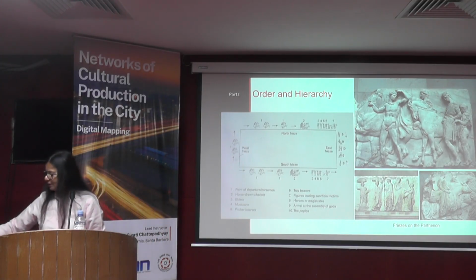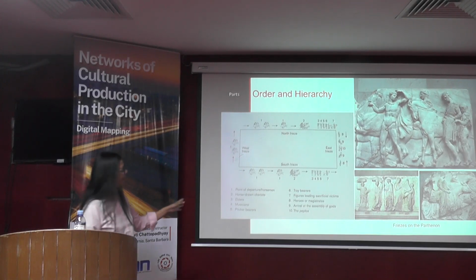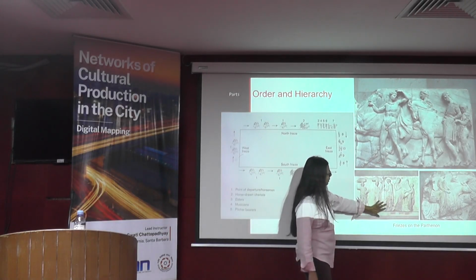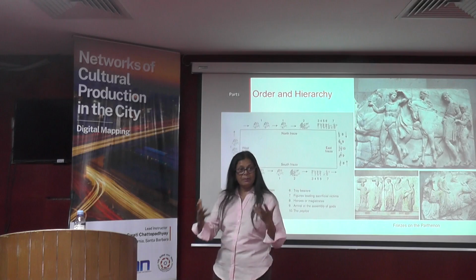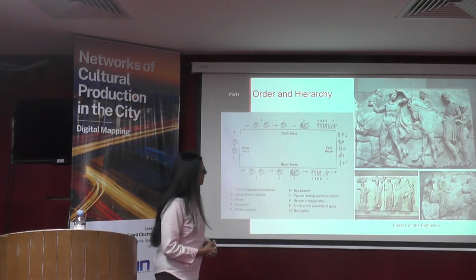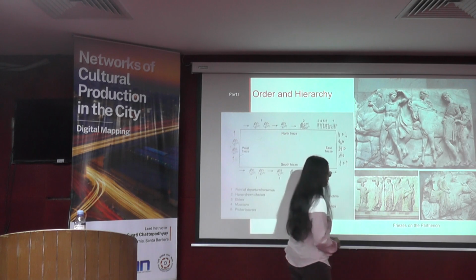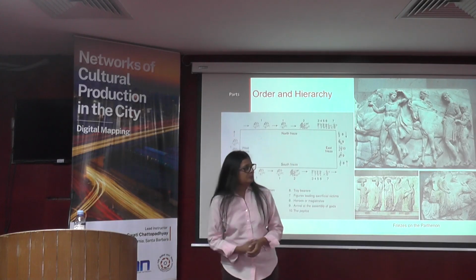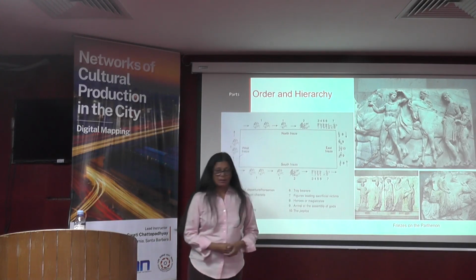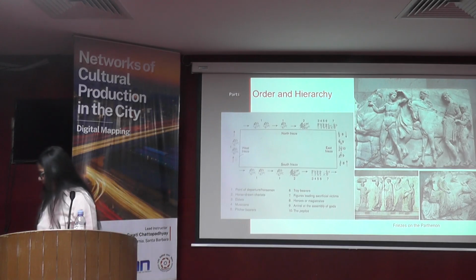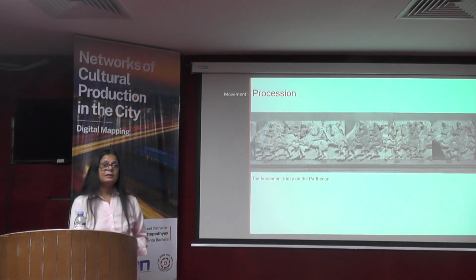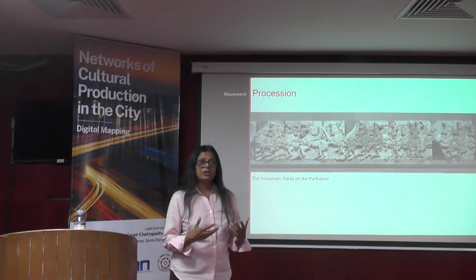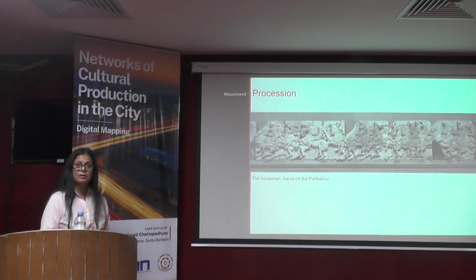So the representations of the frieze, and this is the details of which element was where. This is called the peplos scene. In other words, the carrying of the garment of the maiden, which has been woven by the maids. And this, if you have read your English poetry, is the heifer, in other words, the sacrificial cow. And then, of course, the soldiers and people.